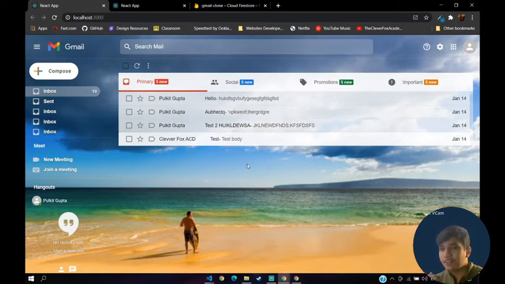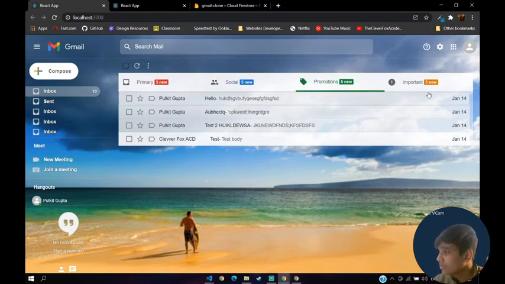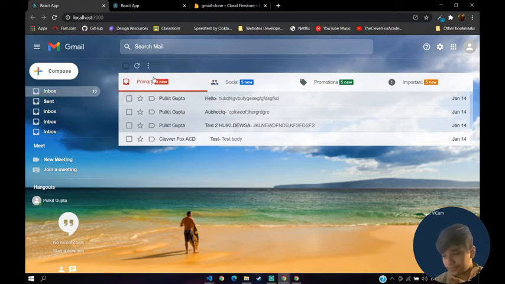So now that it's working, we can filter out data depending on the sent state or inbox state. If it's on social, then social, promotion, important. First let's do it with sent. So the way we do it is